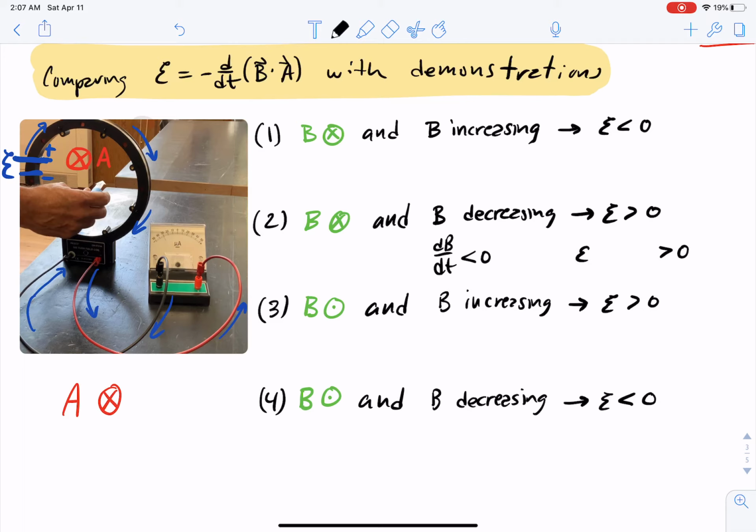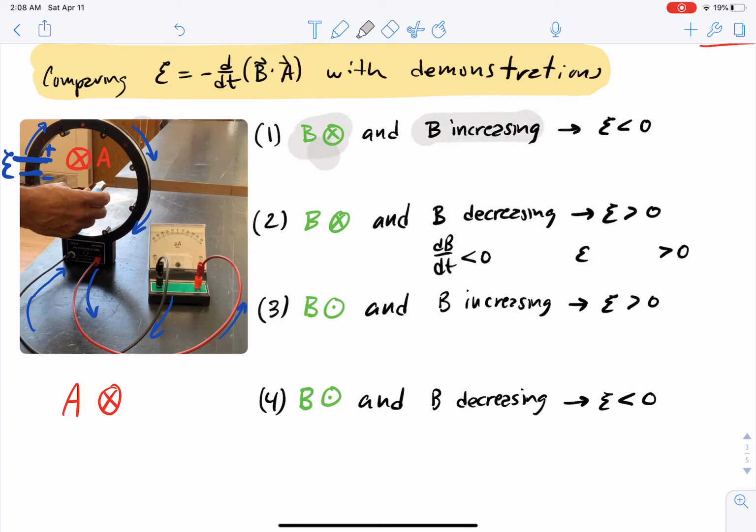So the EMF had to be put in like this, to drive a current around that way. In that case, the cap would be going away from us, so we know the area vector is pointed into that loop. Now the first demonstration we did was with the field also going into the loop,